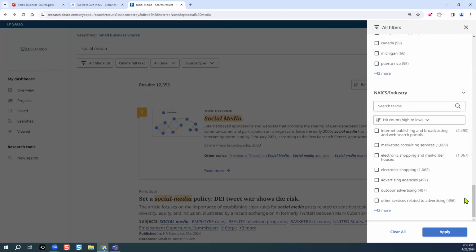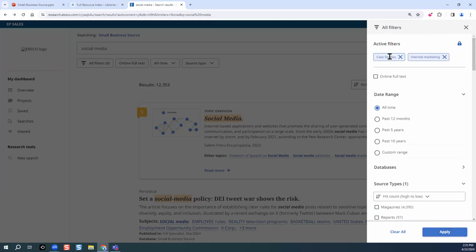Okay. As I select all of my filters, and you can see the apply button here in the lower portion of this panel, I do have the two active filters, case studies and internet marketing. Notice how the little lock icon is displayed. That means that all of my filters are sticky. So if I were to apply these filters and then come back to make some changes, my two active filters would remain across my searches or my queries. I'm going to go ahead and apply, see if we have any case studies on internet marketing,